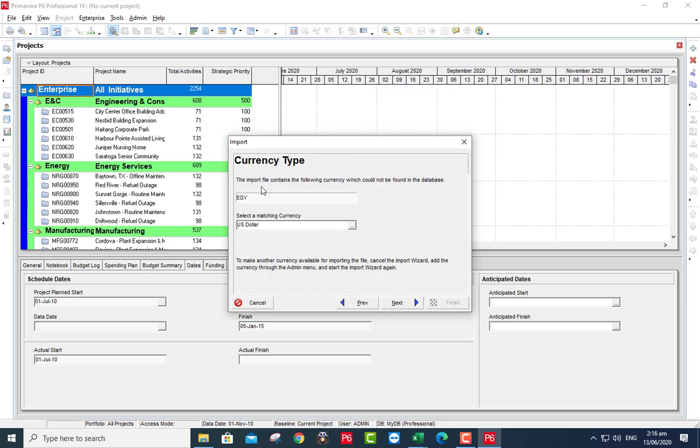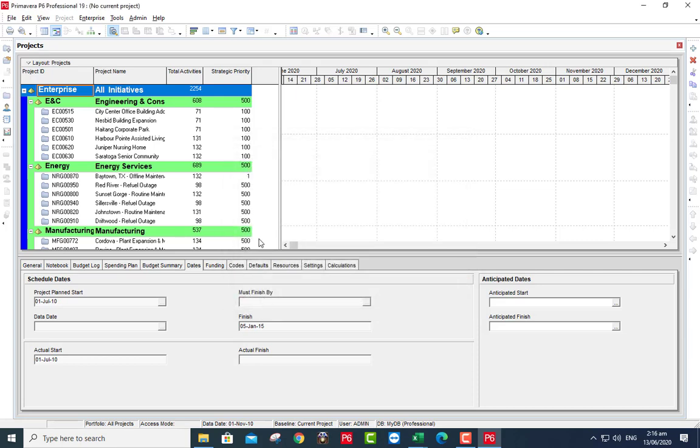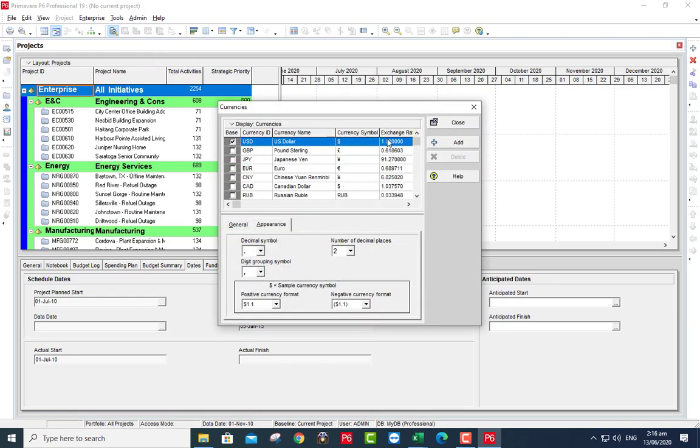So this import file contains the following currency which could not be found in the database, the Egyptian pound. To make another currency available for importing the file, cancel the import wizard, add currency through the admin menu. So we'll cancel admin currencies, add here EGY,